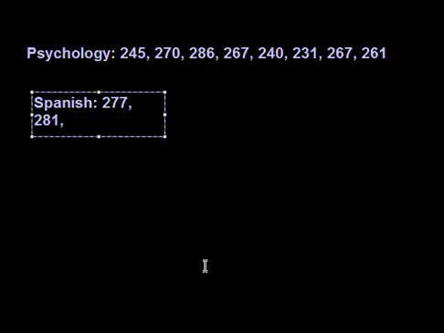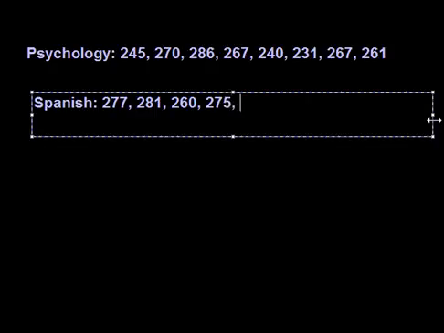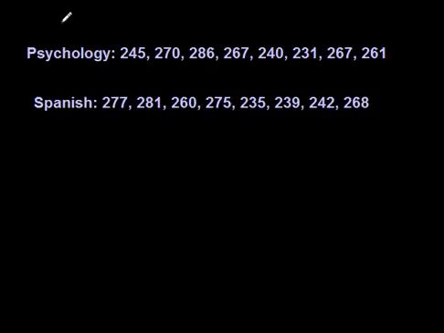Did I write? Oh, yeah, I see that. So 260, 275, 235, 239, 242, 268. Okay, so here I have two different lists of this jumbledness. Nothing's really organized. So what I want to do here is say, is there any way that I can organize this to make sense of both lists? And it turns out there is. It's called a back-to-back stem and leaf plot. So I'm not only going to make one stem and leaf plot, I'm going to make two. And the way to do it here is,